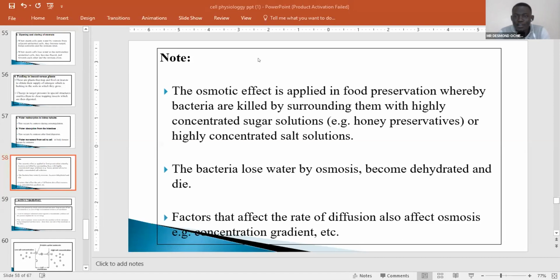Thank you. I've heard your question. So when you talk about the osmotic effect being used as a food preservative, it is just meant to keep the bacteria away from the food. So with the bacteria, when they get in